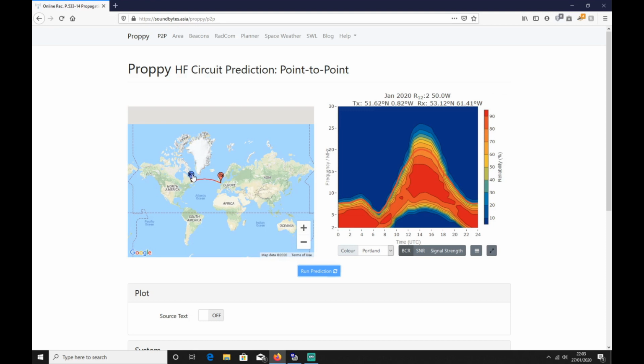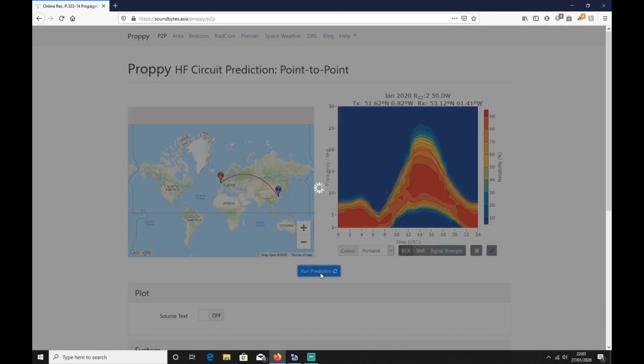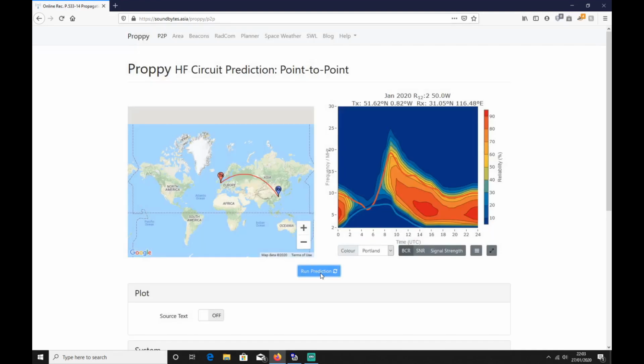And it is as simple as just drag and drop. So we could say, right, we want to get over here, run that prediction, and once again, looking better for the 80s